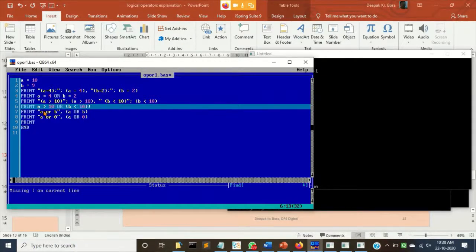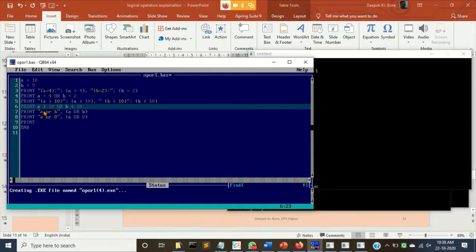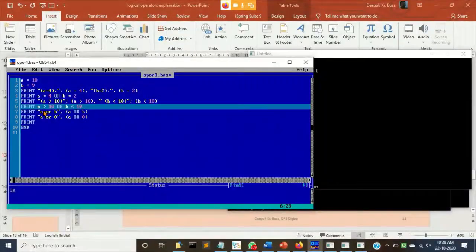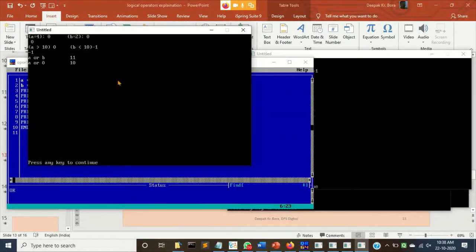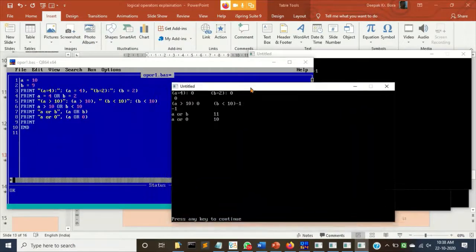Last time I had told you that I'm going to use logical operators. Let me check this also. If that concept is correct, it should also work properly. Clear.